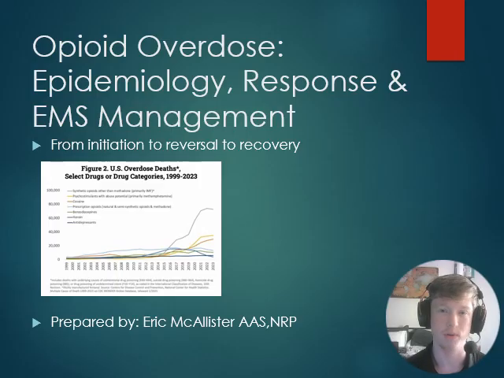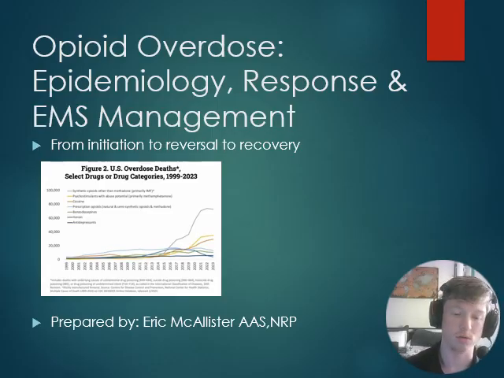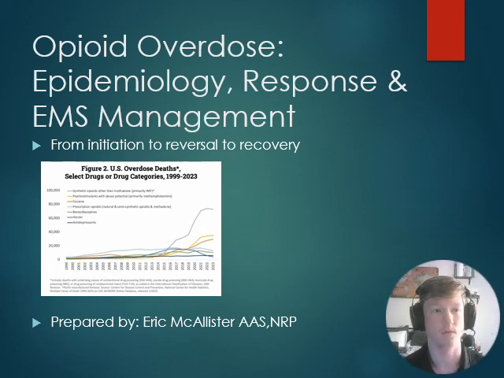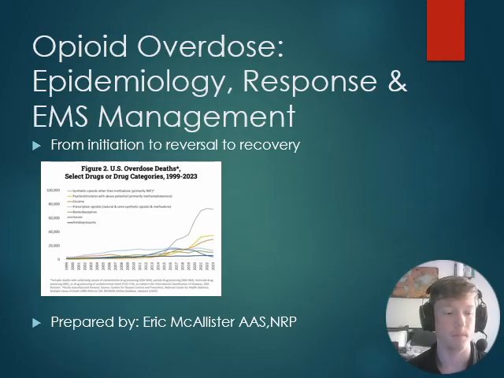As you can see there, I put this graph on here for this first slide. It shows the increase in opioid deaths from 1999 to 2023. I know it's a little hard to see, but that gray line that dramatically spikes up is synthetic opioids. That is a lot of what we commonly see in the field, such as fentanyl, heroin. Those are the main drugs we're going to be covering. I'm going to touch on other drugs as well and how to manage those overdoses. But the main big two we're going to stick to is synthetics like heroin and fentanyl.